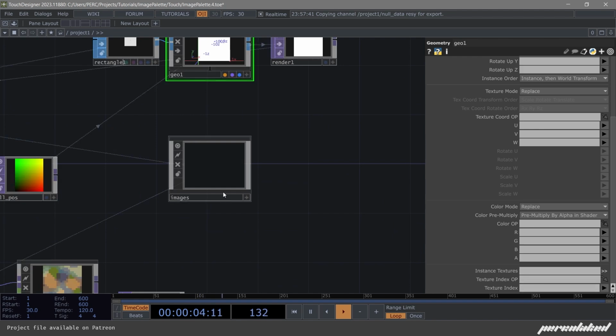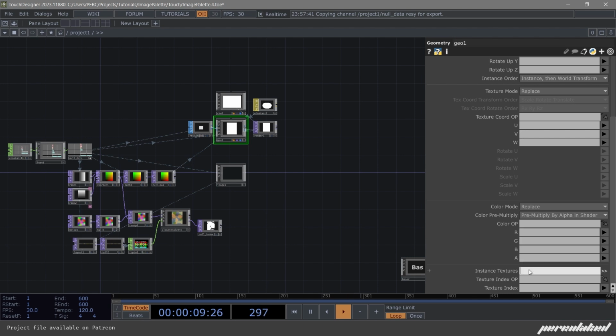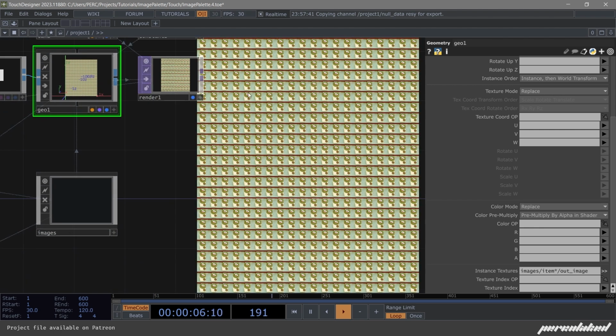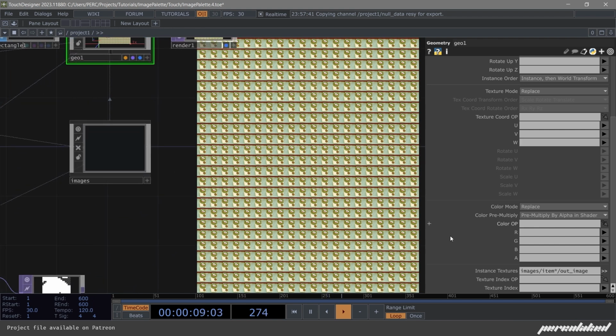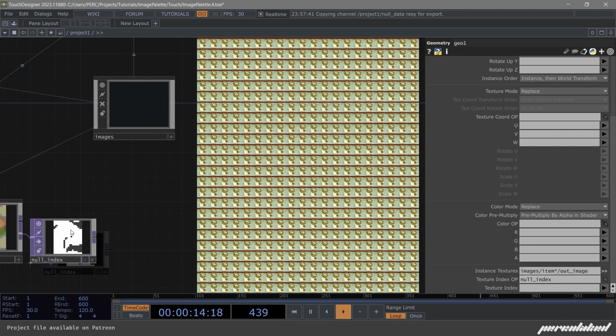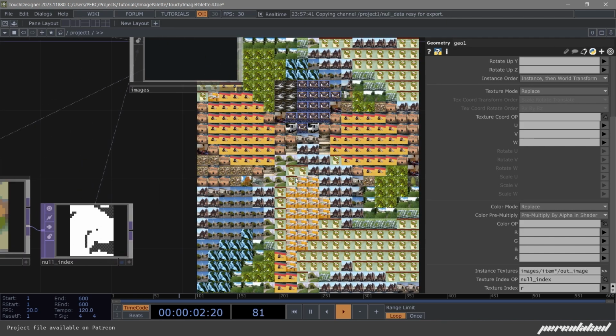So for our instance textures, we're gonna reference each one of those images that we have at images slash item, which item, all of them, and then inside of that, out image. And now we have everything looking at the first image because we have to also give it the index. So this is the texture index OP, and which channel, it doesn't matter because all channels are the same, but I'm gonna do red. And there it is,